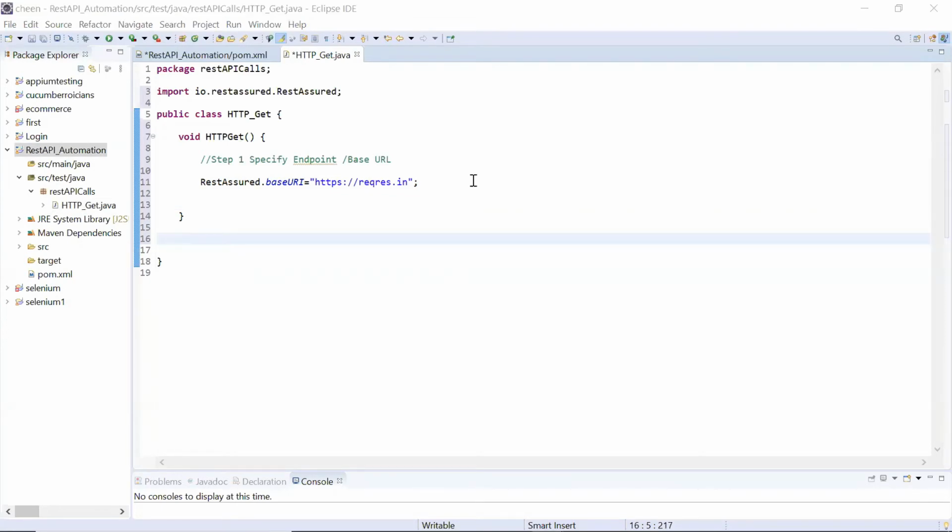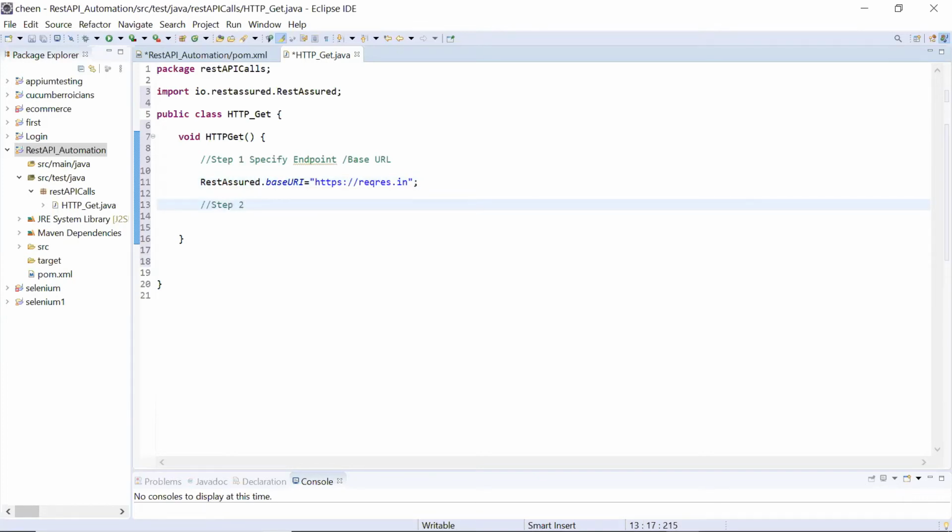So guys, as we can understand, an API works on two things. One is request and second is response. The client is sending the request and the server is sending the response. So we will be creating two things here: first is the request object and second is the response object. So step number 2 is you will be creating the request object, for the type of request. Maybe it's a get call, post call, put call, or delete call. For that, you need to create an object.